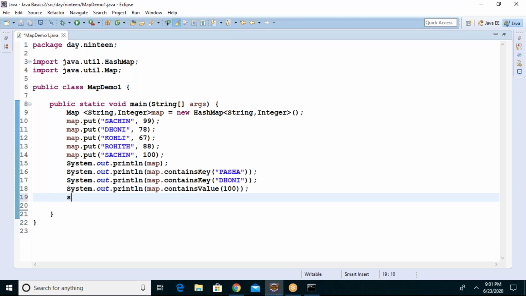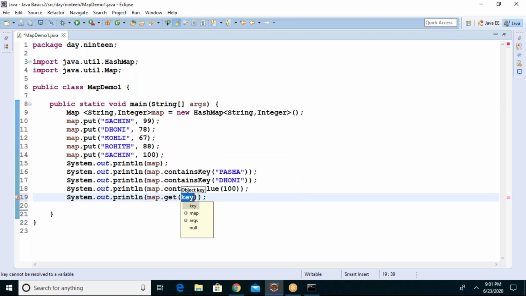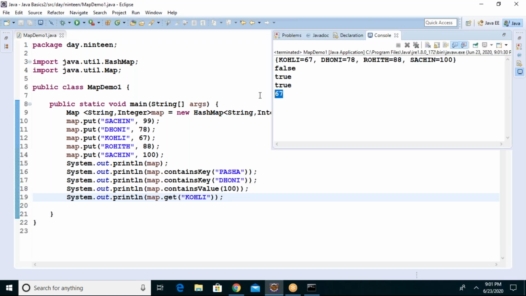Okay. Suppose I want to search for a particular person's score. I can simply say map.get and provide the key. In the get method, provide the key. See, 67.